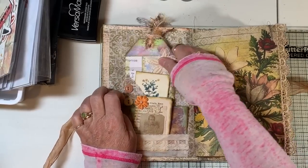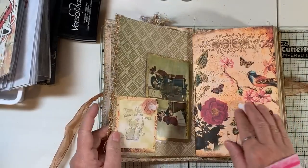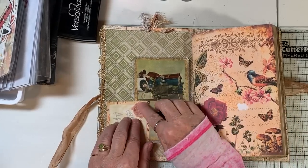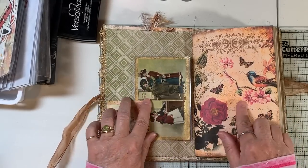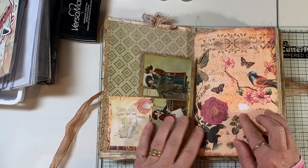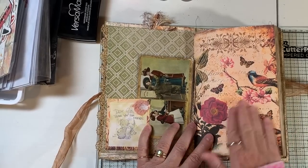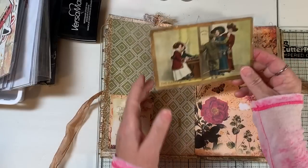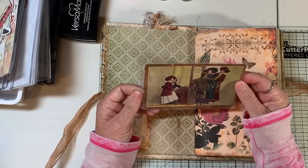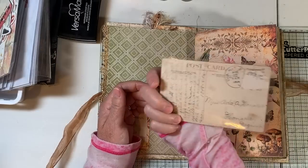Oop. Oh, I had a little accident here, Brenda. I will fix that. The little rose here stuck to the page over here. Haven't we all had that happen? And so we'll just give that a little distress ink or something. It'll be just fine. She's got the early bird catches the worm. It's an old